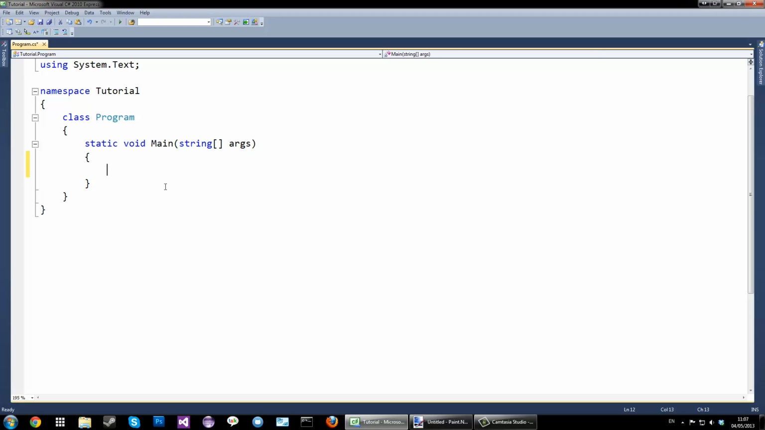So in C# there is this one very versatile method called console.readLine. It does exactly what it says on the tin. It uses the console to read a line of text. Simple as that. So basically, if you want to